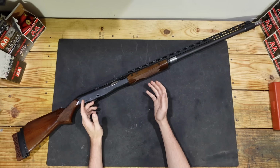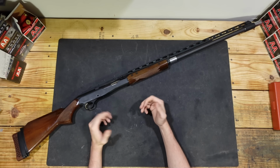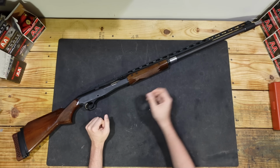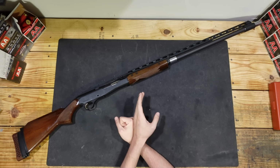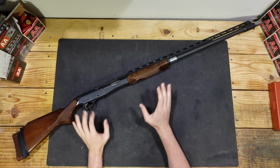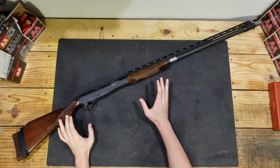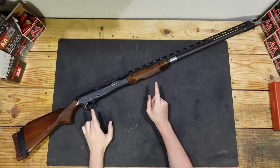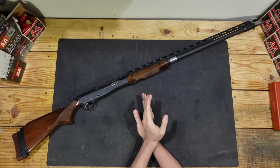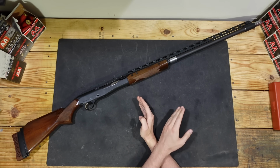Like I'd mentioned, it weighs just under 9.5 pounds, like 9 pounds 3 ounces, something like that. So it is fairly heavy and fairly long and cumbersome, and we'll talk more in the conclusion about why the ultimate combination of factors here I don't think actually makes a very nice trap gun. But for now, we'll just leave you with, there are quirks about this gun that ultimately make it so you shouldn't think about this as the ultimate trap gun. That's what Browning was trying to do, and I think they missed that mark,